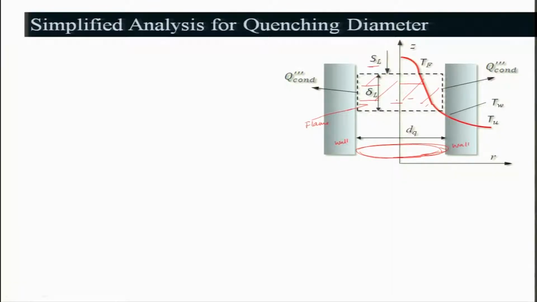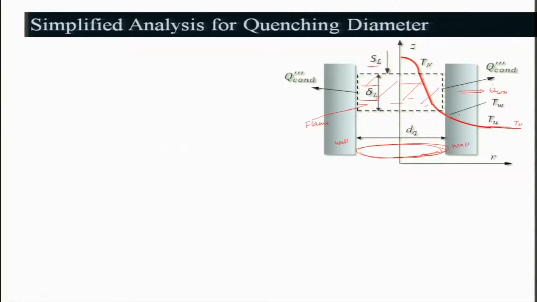Keep in mind that we are assuming it to be one dimensional, in a real situation it need not be. So, this is your Z direction and this is your R direction, and we are saying that at the center the temperature will be maximum, that is Tf, because the heat loss passing through the wall may not affect the center, that is the assumption, otherwise it will be a little lower. So, the temperature profile will be like that, and this is your Tu. Keep in mind that this will be asymptotically decreasing to Tu, but we will make some assumptions there.